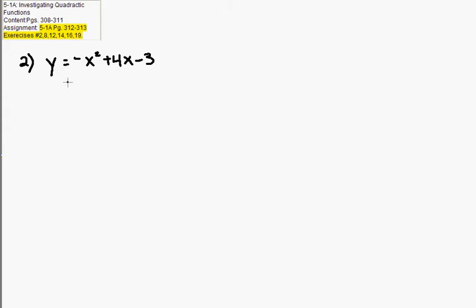First thing I'm going to do is identify the A, the B, and the C of this particular function. So noting that there's no number here to the left of the x squared, I am going to realize that it's negative 1. So A is equal to negative 1, B is equal to 4, and C is equal to